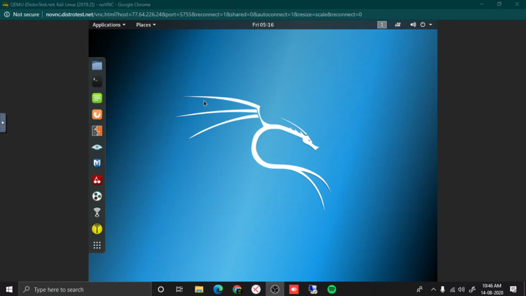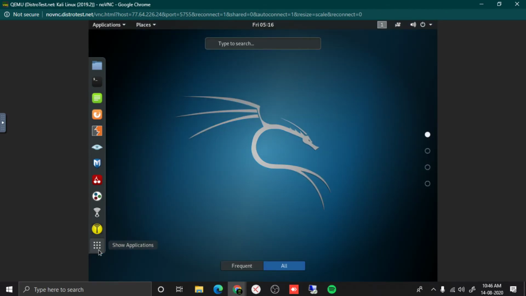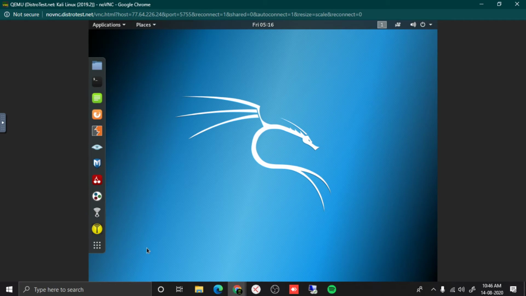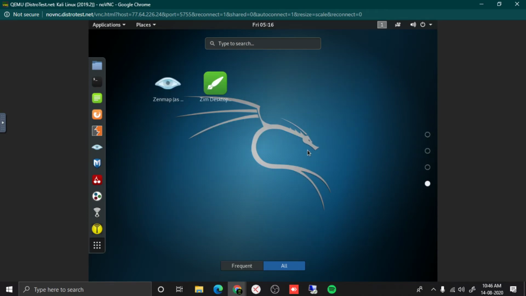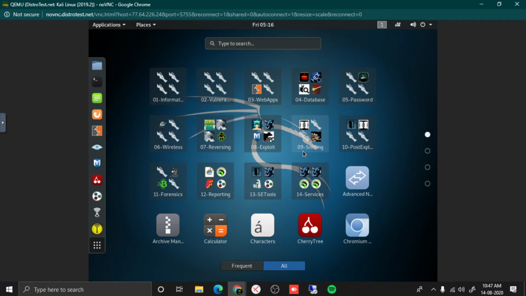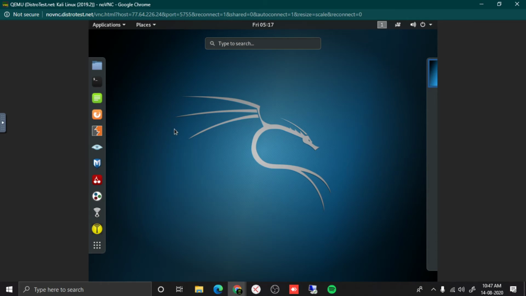Yes, now it has started. As you can see, it doesn't require any installation, it is already installed. Ubuntu 20.04 was not installed on the server. It was asking to install; you can install that also. Here it is, a complete Kali Linux based operating system. I will open up the menu. You have everything here. Web tools and network tools are already installed, also the Chromium browser and all the other stuff.